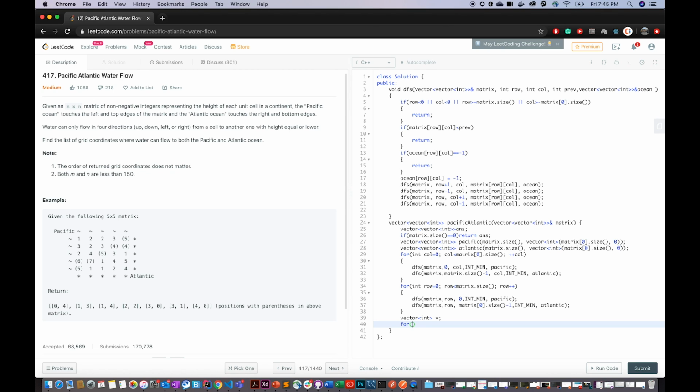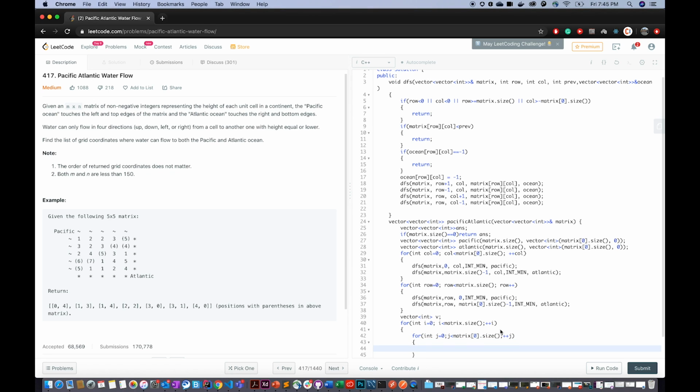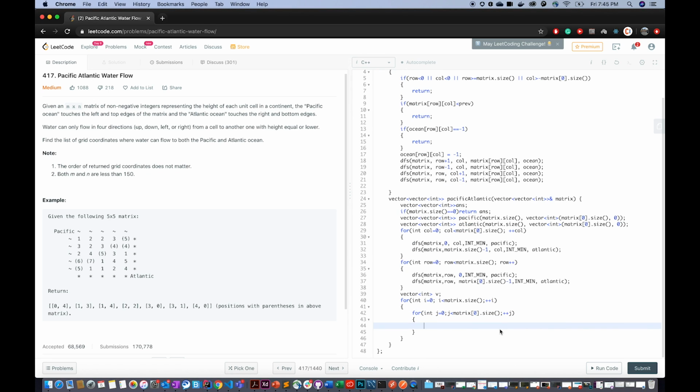So for int i equal to 0, i less than matrix.size(), plus plus i, and for int j equal to 0, j less than matrix[0].size(), plus plus j, right?